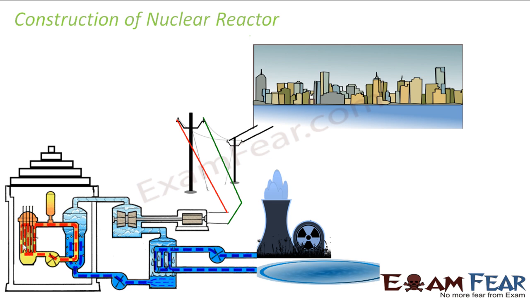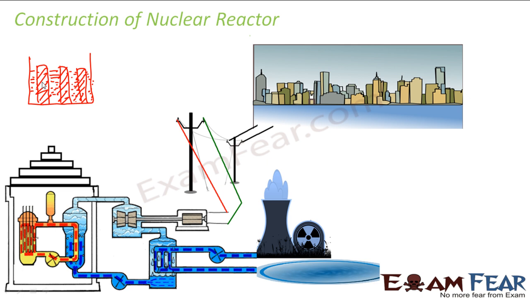The uranium is used in the form of cylindrical rods. So here if you see, there are rods made up of uranium. Inside this core you will have rods made up of uranium, and these uranium rods are inserted in a liquid, and that liquid is the moderator. So it is somewhat like this. If you look at the core, you will have uranium rods like this. So these are the uranium rods, and in the surrounding you have a liquid, and this liquid is nothing but the moderator, right?